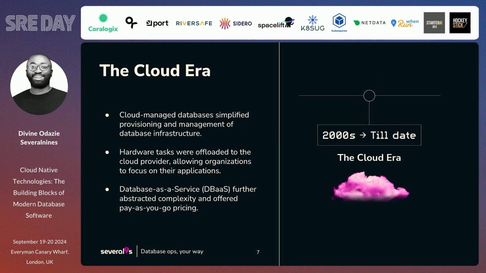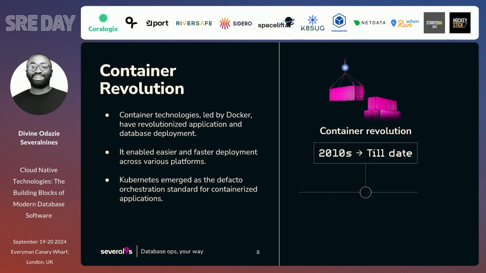So the cloud era, cloud managed databases, we all know about RDS, Cosmos DB, and all the likes from the major cloud providers and from DigitalOcean and the likes, right? So they simplify the use of databases, right? They abstracted away the provisioning of the servers, right? And gave so many features, right? Both on the scalability aspect and offering limitless scale, in quotes, right? But then again, this model has its own challenges, right? I don't know if you've attended some talks that talked about the challenges of cloud from cost and several other scenarios at scale.